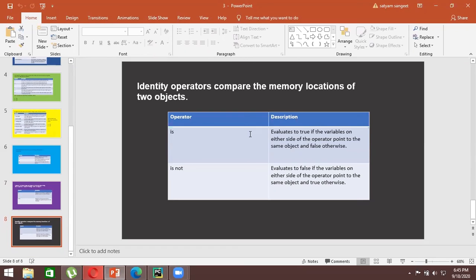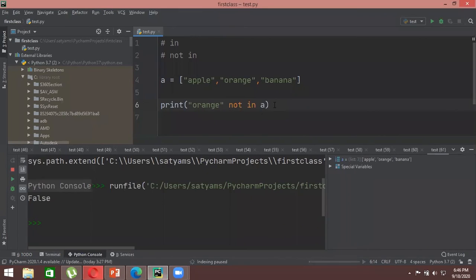Okay, so the last operator that we will be focusing on is now known as identity operators. So identity operators are basically used to compare the memory location of two objects. Now what memory location means is that whenever you are defining a variable, let's say I've defined a variable A and I've given it a value of 5. So what this particular line of code does is that it will create a memory in a particular computational space, and will store the variable A consisting the value of 5.